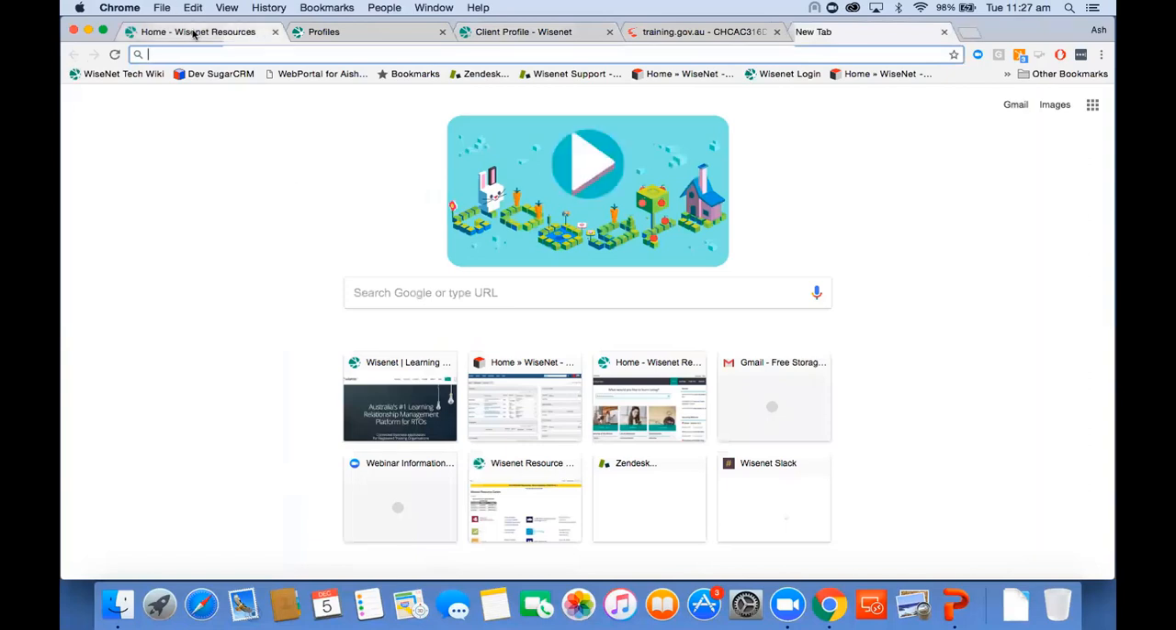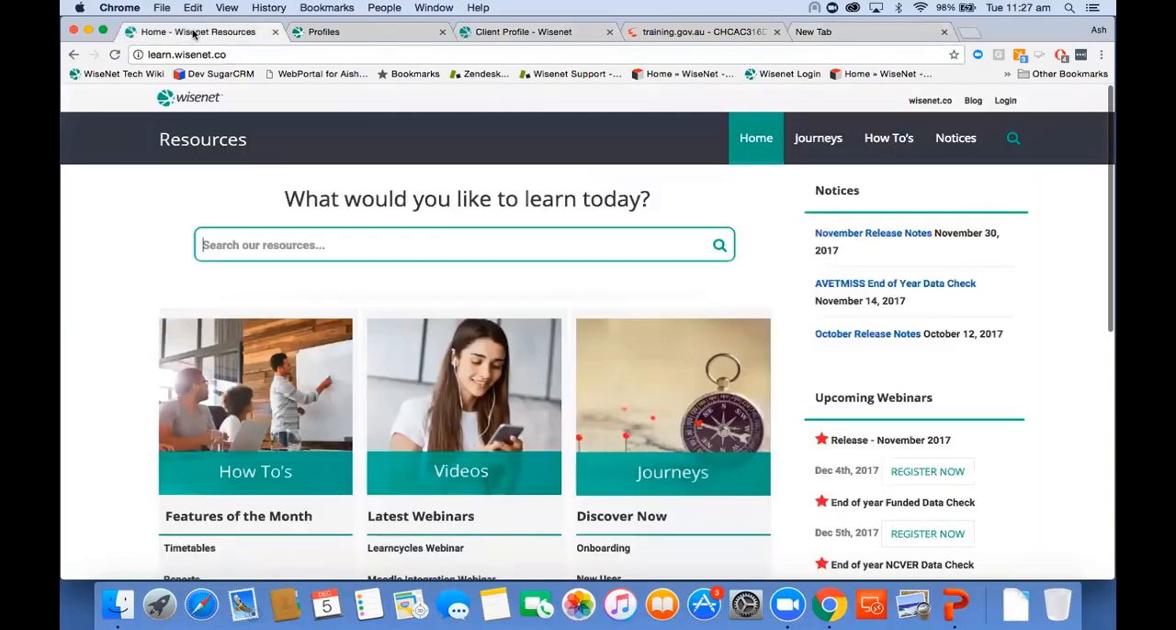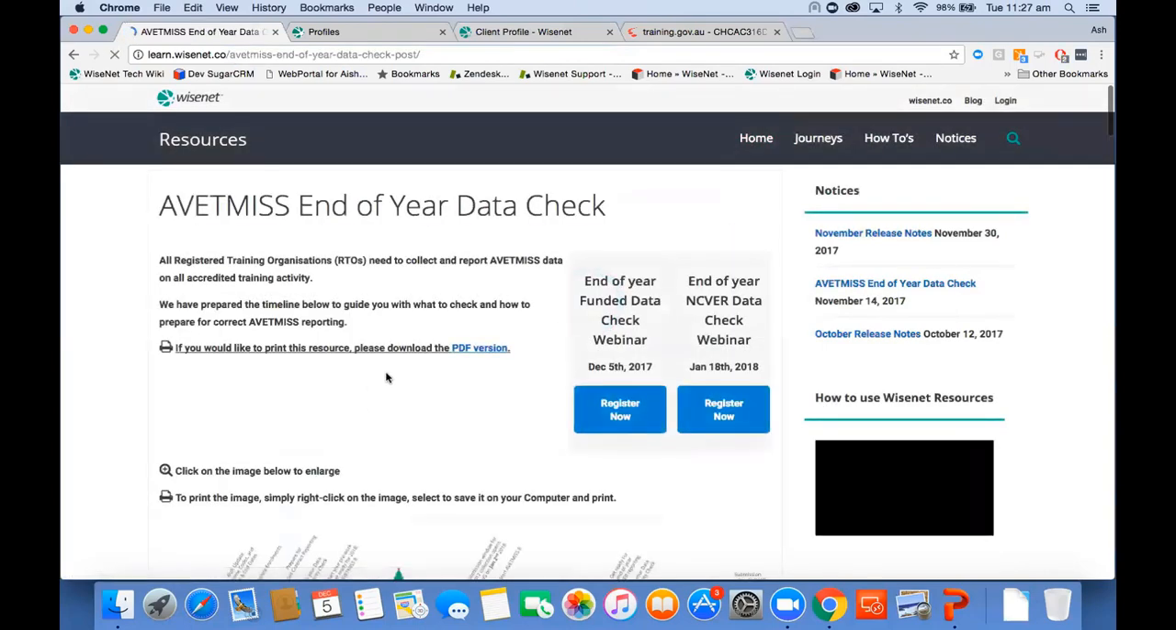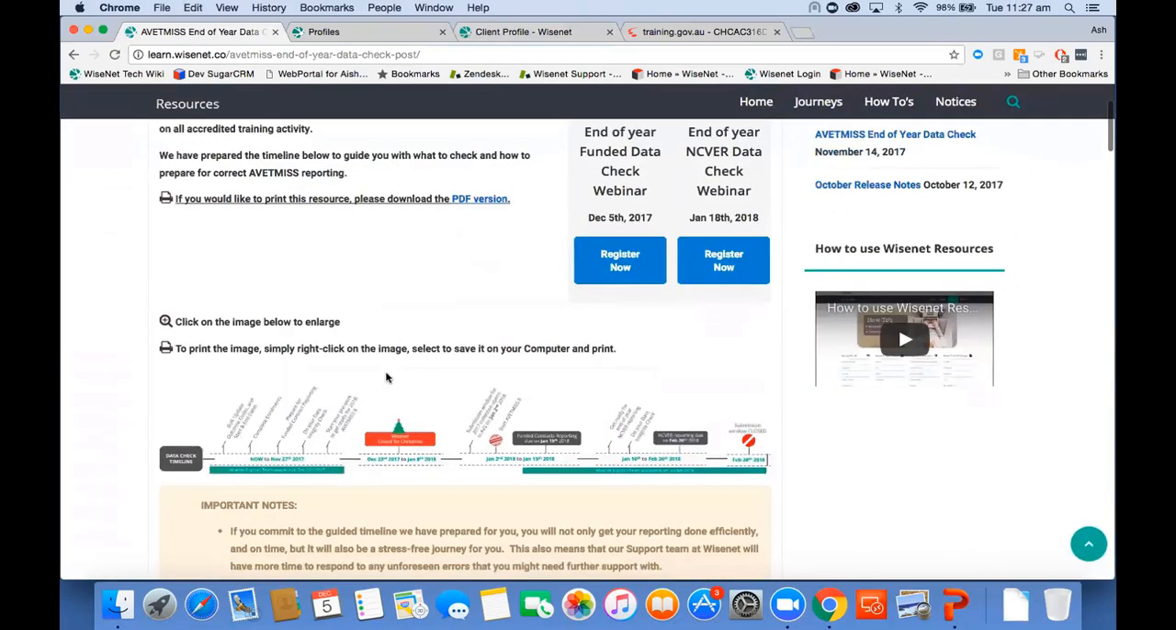I might have it already open here. Okay, so go into learn.wisenet.co, and on the main page on the right, in the notices, we have added the AVETMISS end of the year data check article. So click on that. Probably you've already looked at it, because we released it